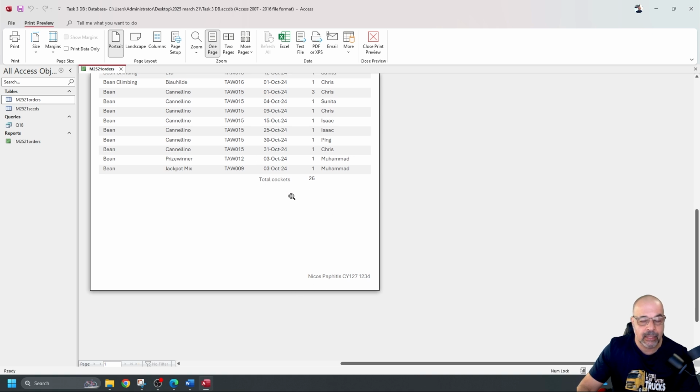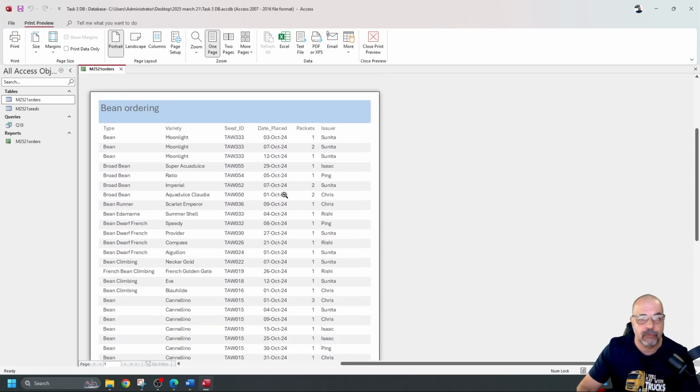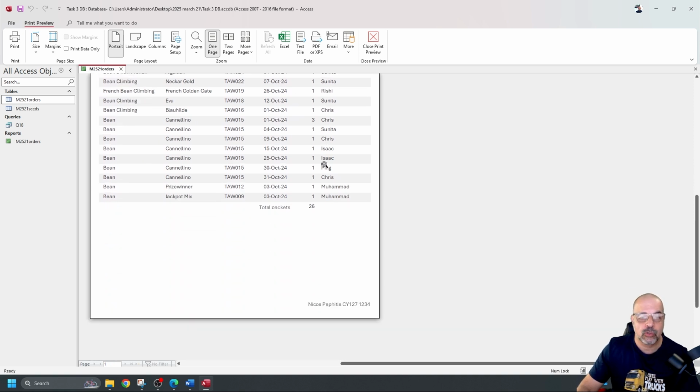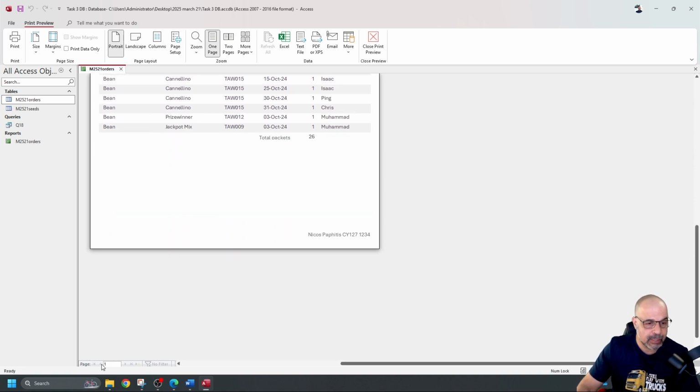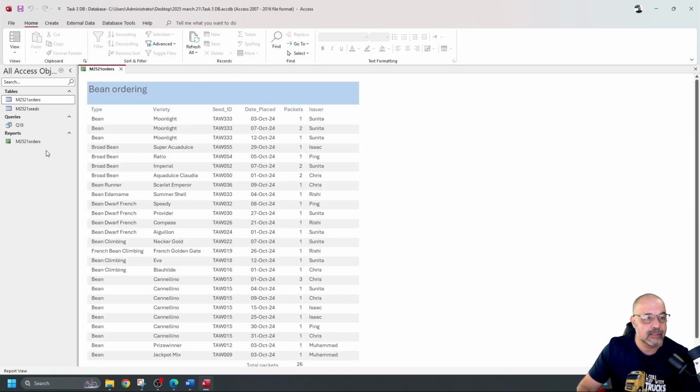It's got that, here's a little mistake. Can you see where it says total packets? The P has got that little line chopped off. I would lose a mark for that. So that's why I want the print preview. But also I've got here, it's only one page. I don't have a right arrow. So that's all one page. That's perfect. So I'm just going to close that and fix